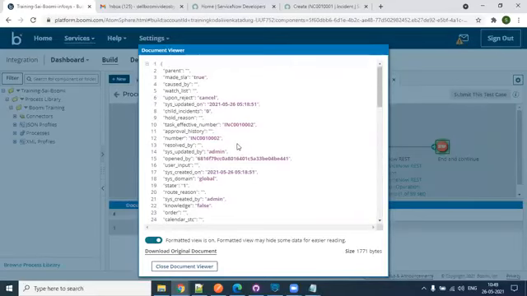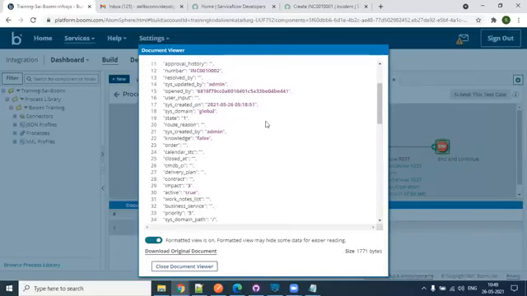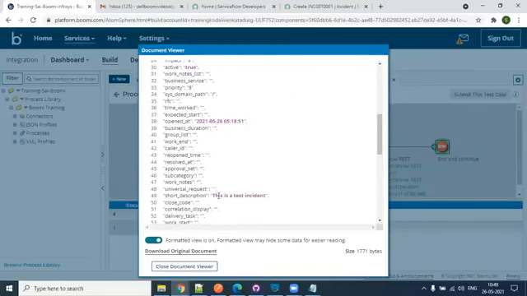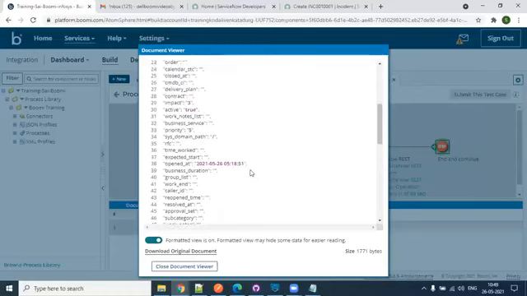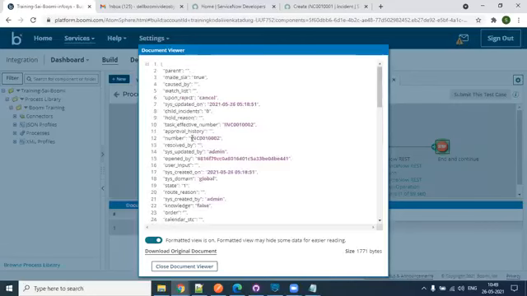We just passed... what information did we pass? Only the short description. Short description is what we passed, but we see there is a lot of information which got populated by default, and that's what you see over here. And what is your incident number, which is very significant for you, right? INC